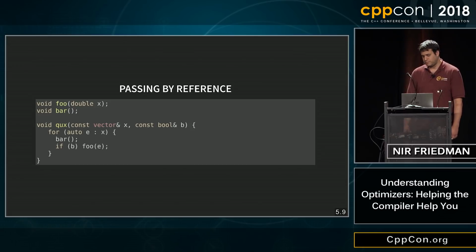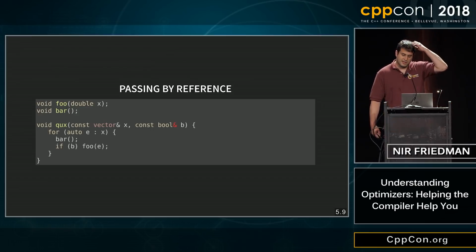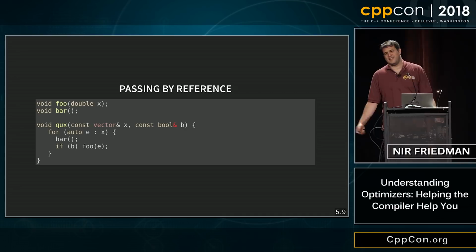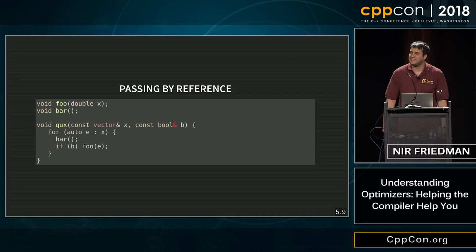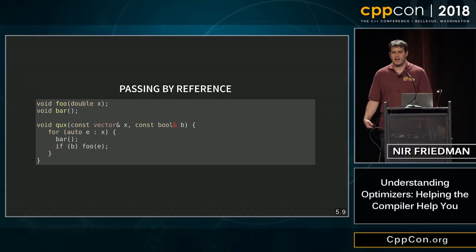Okay, passing by reference. So notice what am I doing here? I'm passing a bool by reference. Why would I do that? Well, I don't know. Don't do that, huh? Templates, right? So when you write generic code, your first reaction is like, oh, no one passes bool by reference. Yeah, you do. Every time you write const T ampersand and T gets reduced to bool, congrats, you passed a bool by reference, right? And this can be a real issue in some code.